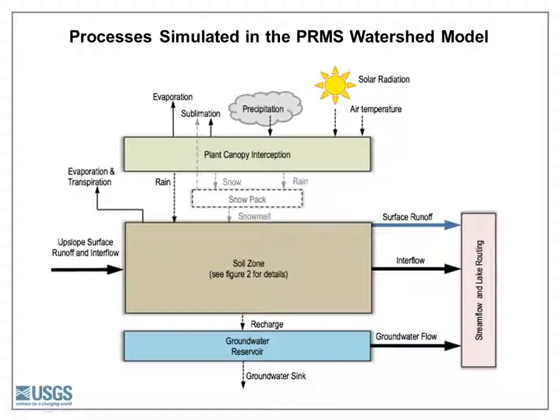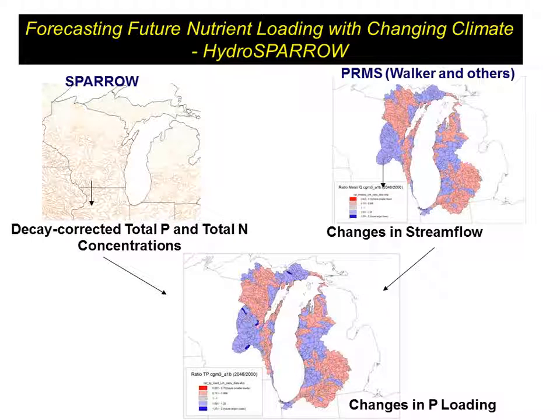Real quickly, PRMS, for those who haven't played with it, is a dynamic model with a lot of processes in it. We're trying to simulate, by changing the weather, after we calibrate the model, we change the precip and the temperature, and try to see how that will affect stream flow. Once we have the changes in stream flow, that's our projected changes in stream flow over here on a fairly crude scale, but we have it for each of the basins. Then we start off with our concentrations, but we know the flow is going to change, so that should change our in-stream decay. So we altered our concentrations because of that change in decay, and then we multiplied them back together to get our changes in loading in the future.